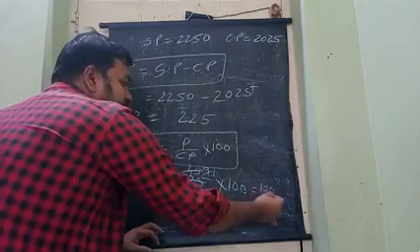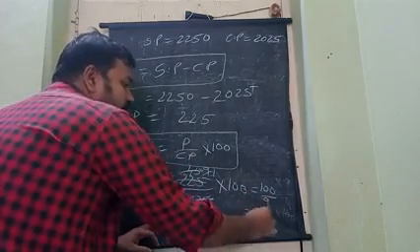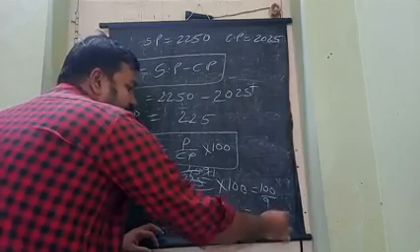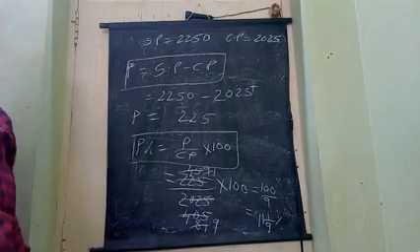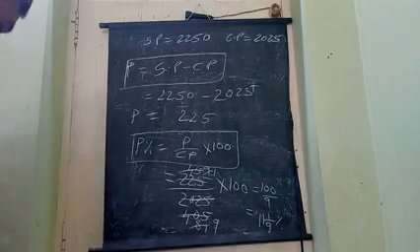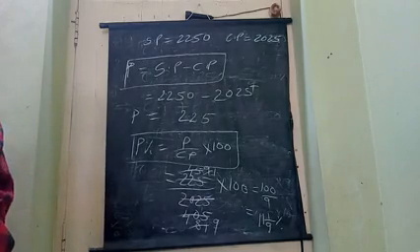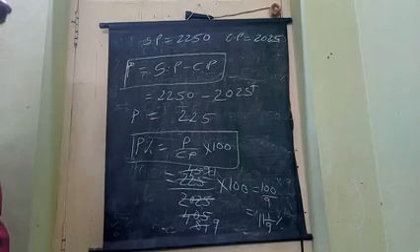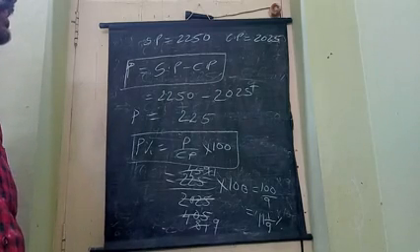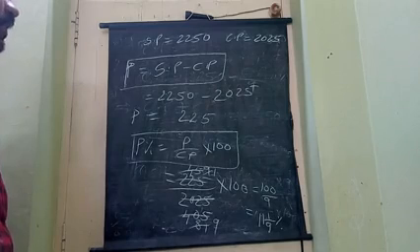It is 100 by 9, which is equal to 11 1 by 9 percentage. Therefore the profit percentage is 11 1 by 9 percentage. So like this we have to do the 10th sum also. Here the 9th sum is completed, the 10th sum we have to do, and I am starting the B exercise.